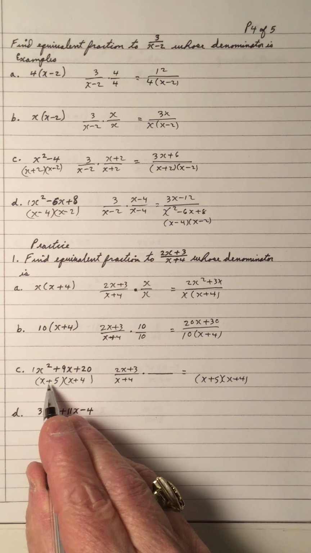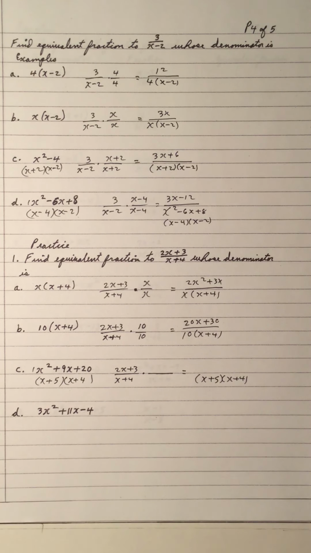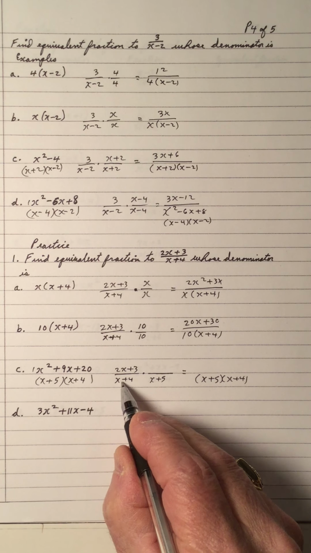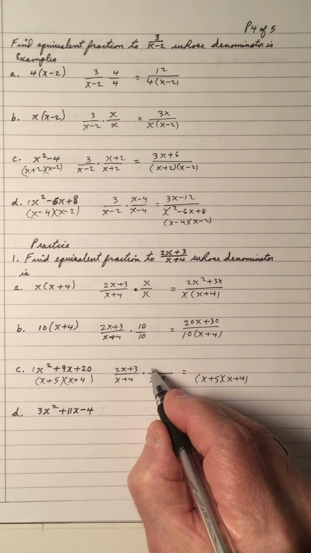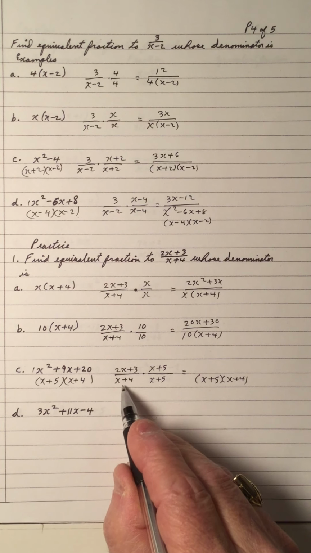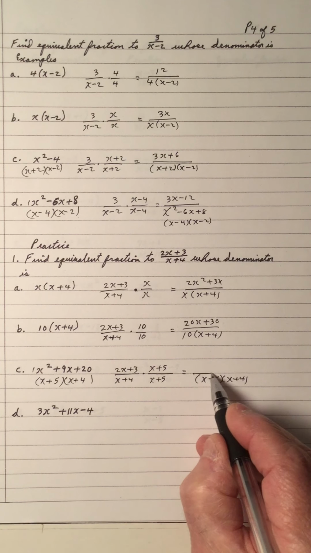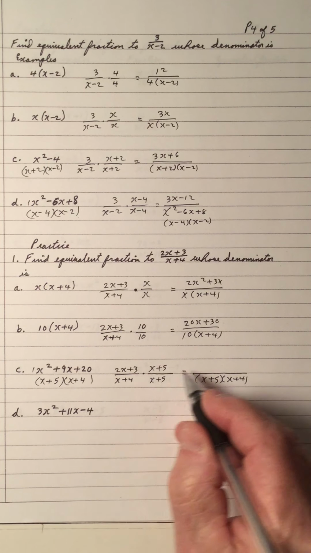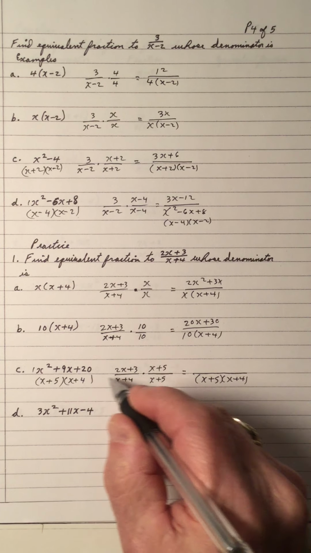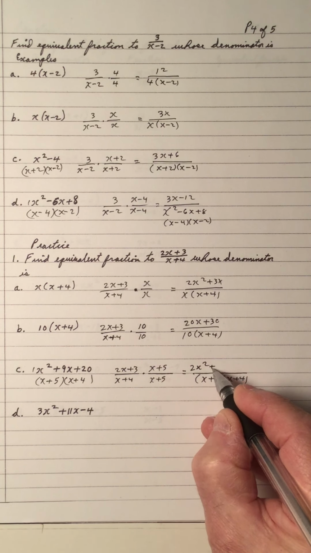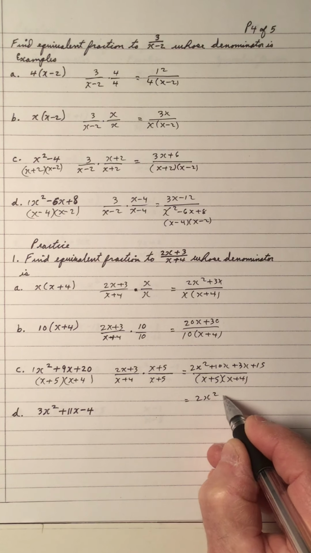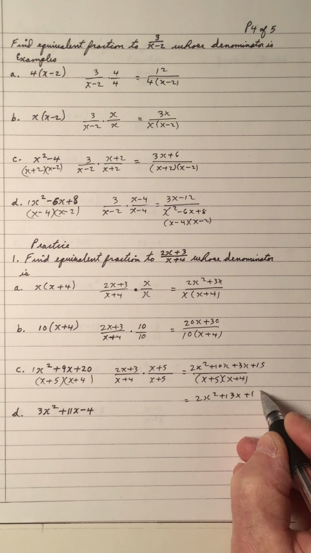So factoring this trinomial tells me what my factors are. So now I can see that the denominator is x plus 4, so I need an x plus 5. Because x plus 4 times x plus 5, there it is, even though the order is changed, makes no difference. I need an x plus 5 on the top. So multiplying this fraction right here by x plus 5 over x plus 5 is going to give me an equivalent fraction. So when I multiply this out, I want to do it by FOIL. I can leave it as 2x plus 3 times x plus 5, or I can multiply it all the way out. So 2x squared plus 10x plus 3x plus 15 gives me 2x squared plus 13x plus 15